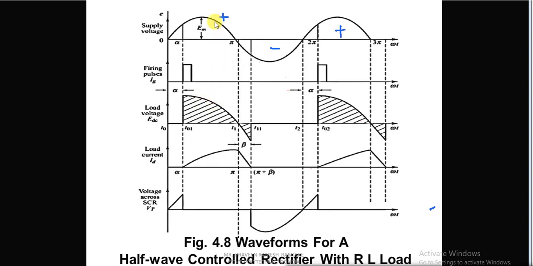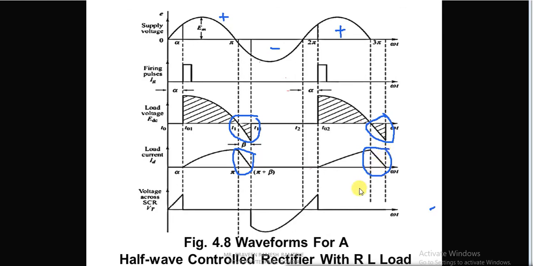If we look at the waveform shape, we will see that it is not following the input. This is because the change in the load current and voltage is very gradual. It's not sudden. So during the negative half cycle of the input AC, the SCR keeps on conducting just because of the back EMF generated by the inductive load, and hence we will obtain the load voltage in the negative half cycle also. The load current is gradually becoming zero. This is because of the inductor.